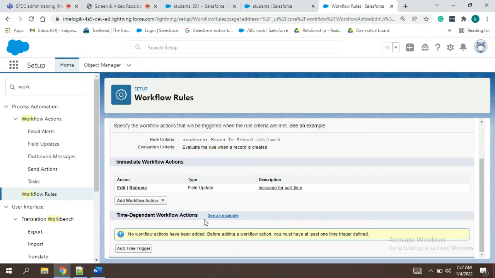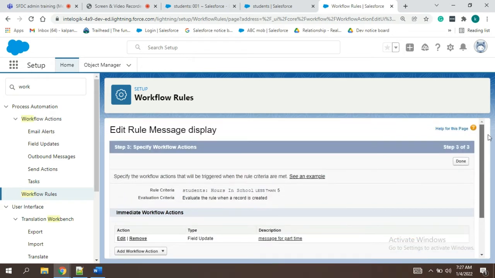Here, whatever happens, immediately you have to show this message, but if you want something like, you have done something now, but after 1 day or 2 days you want that message to be displayed, at that moment you can choose time dependent workflow action. Both are similar, just one thing is added, a time frame you have to define, that's all.